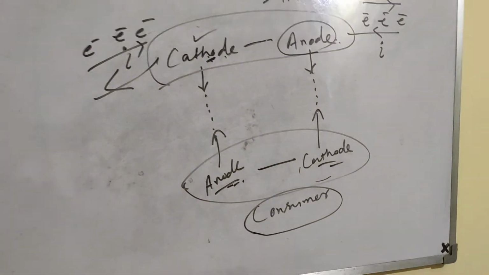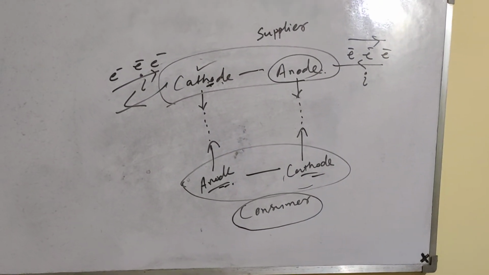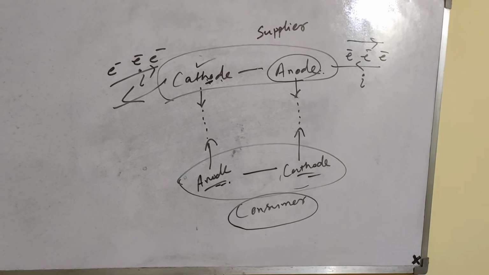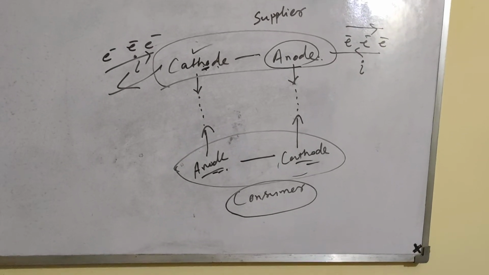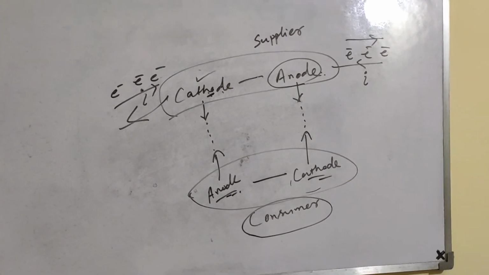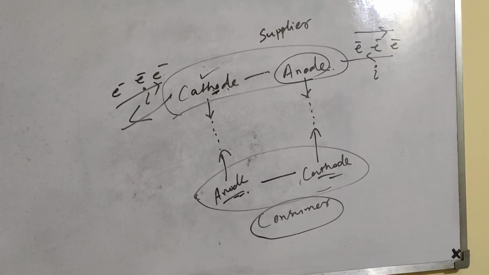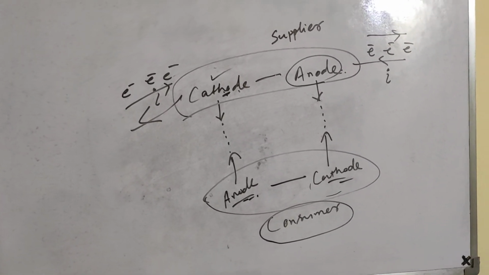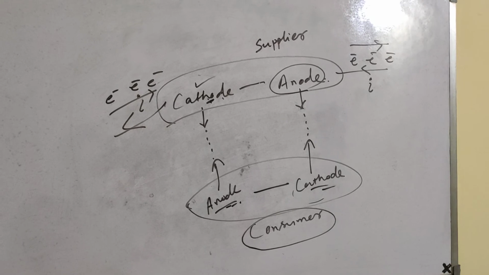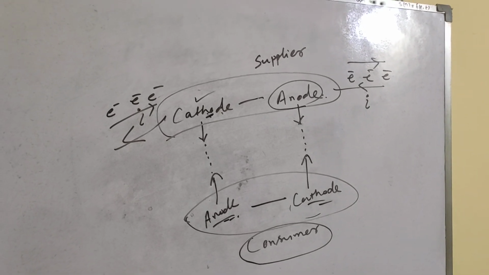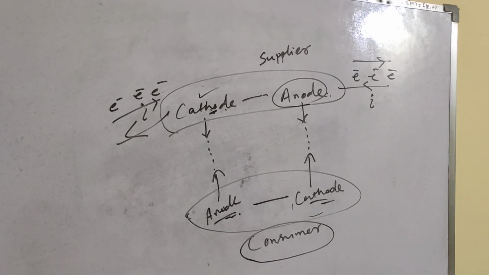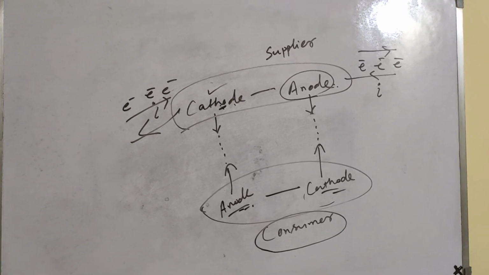So the concept is very simple. Always remember to classify the device, whether it's a supplier or a consumer. If it's a supplier, then apply CCD and find out which is the cathode, where the conventional current departs. If it is a cathode, only an anode of the consuming circuit would be connected with it, and vice versa. That's it.